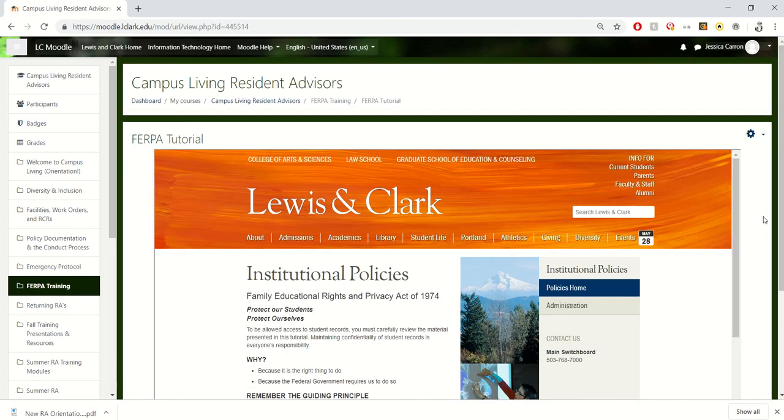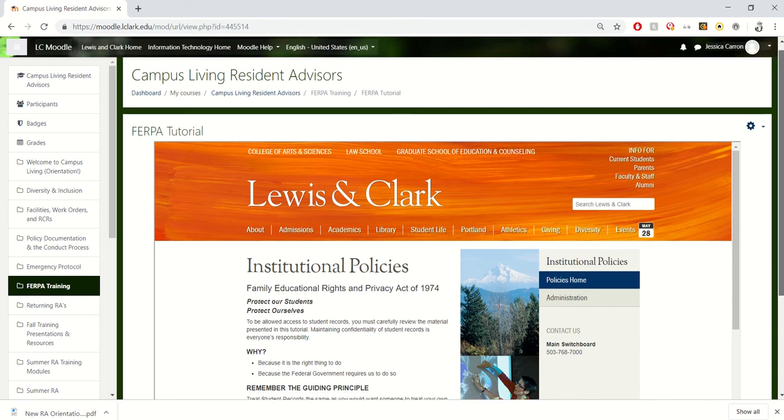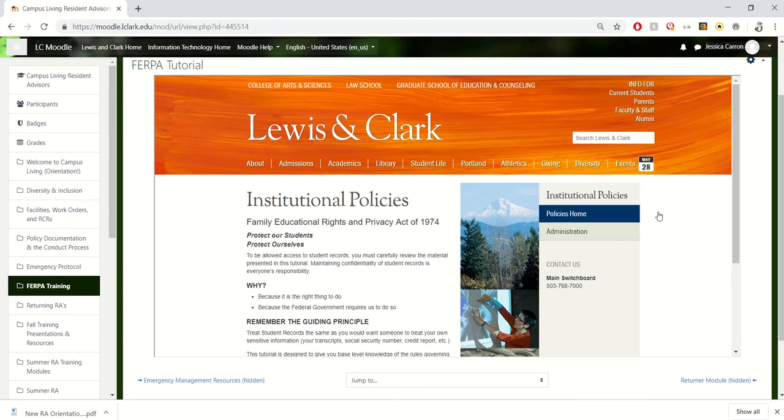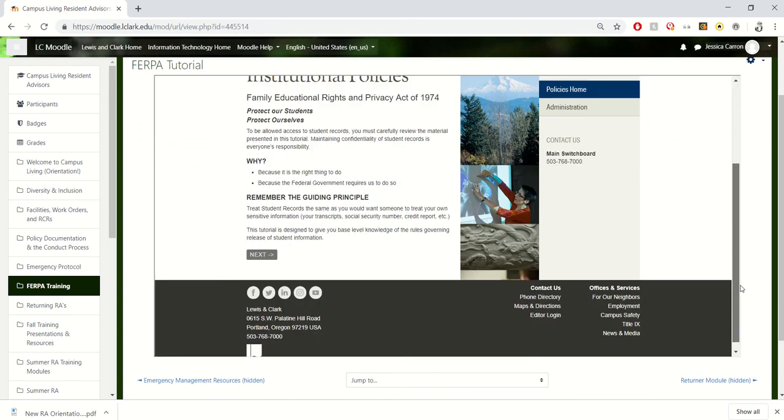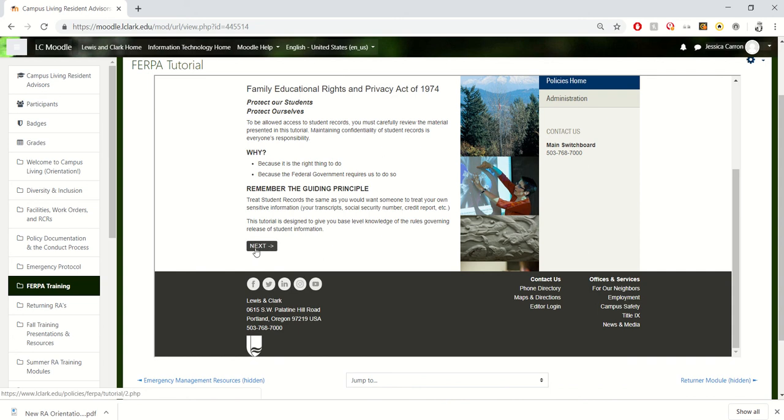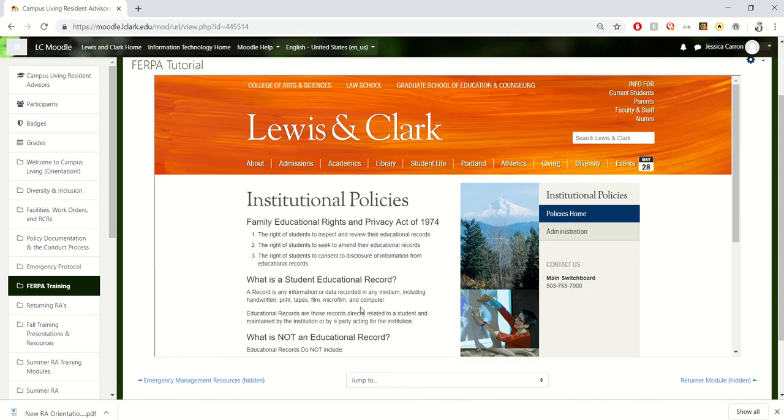And instead of going to another page, you'll see the FERPA page of the website pop up, and it's fully operational, so you can click next, go through everything, read everything, and get your certificate for FERPA without ever leaving the Moodle page. So that's a really important thing for you to have, but that is kind of the final icon that's going to be important for you.